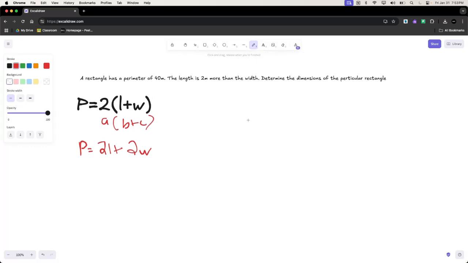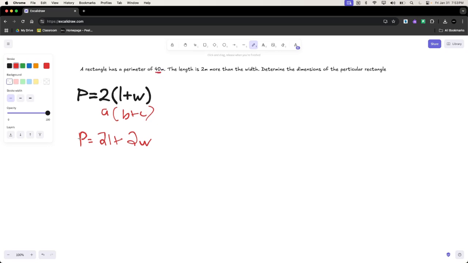Okay, so this rectangle has 40 meters of perimeter. So within this little formula, I'm going to add 40 meters. I'm going to use another color here, and I'm going to do it on this side. So we have 40 as our perimeter, and that's going to be equal to 2 times length, plus 2 times width. Okay, now